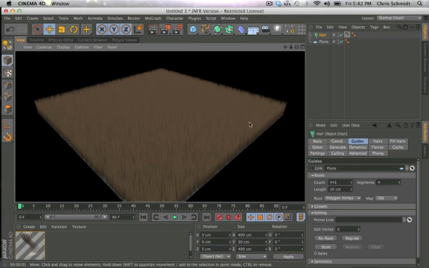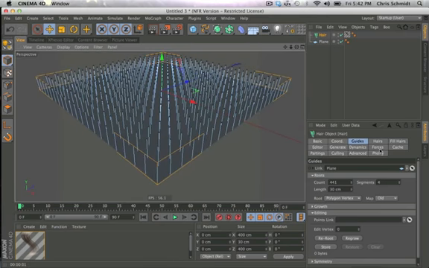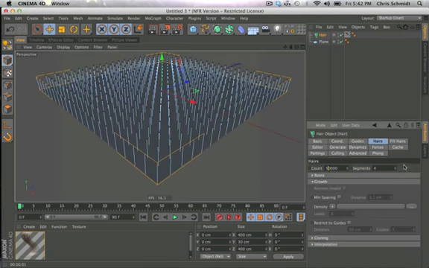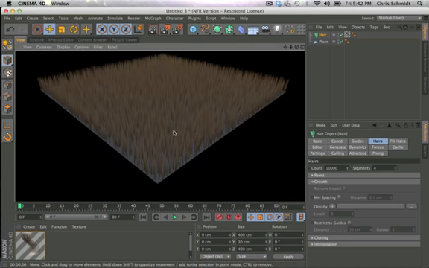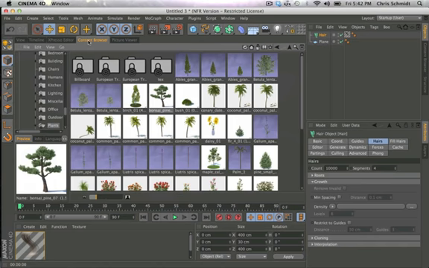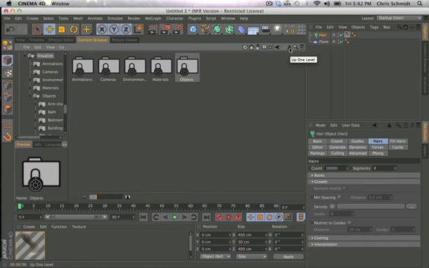So let's see, what's something else we want to do? Well, actually, it might be a little much for right now, so let's go back to hairs and make it 10,000. If I render, it'll render a little faster, and you can see we get some gaps. We're going to do that because I'm going to go to my content browser, and we're going to go up to